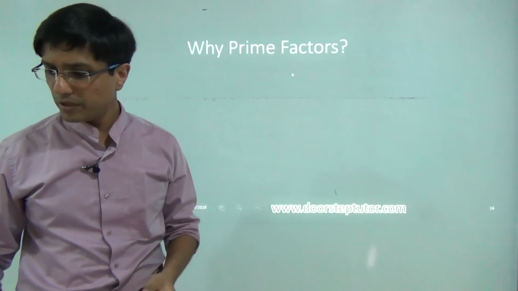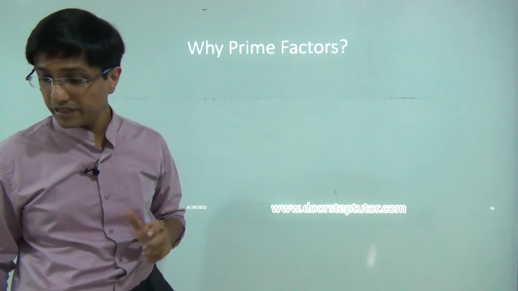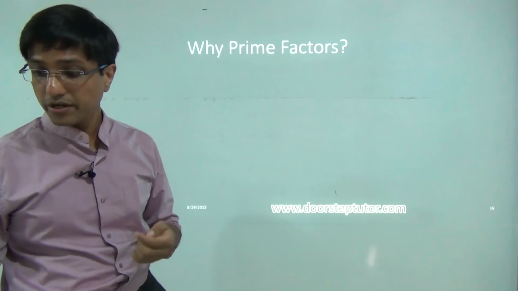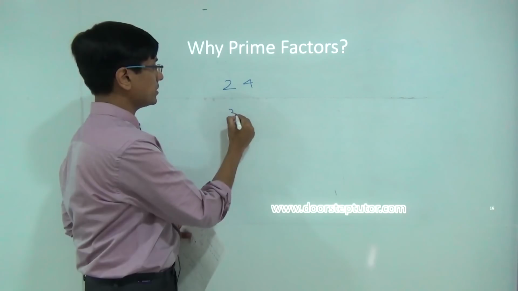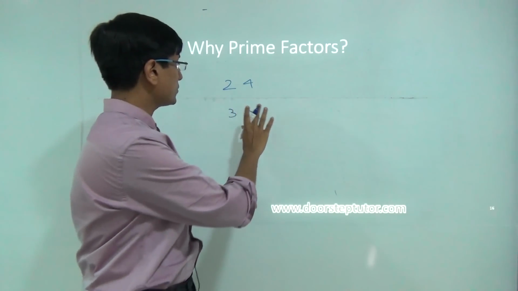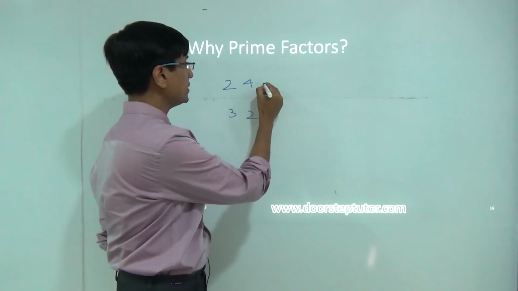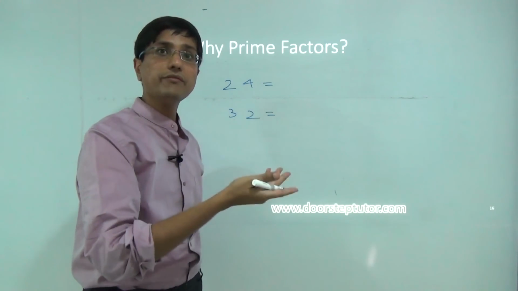So now very briefly I want to talk about why we should always find prime factors. The reason for doing that is to avoid confusion. For example, you should never take shortcuts like this, right? So this is one key problem. A lot of our students are facing this problem. So what is their problem? They don't divide the number into prime factors, and then they become confused.